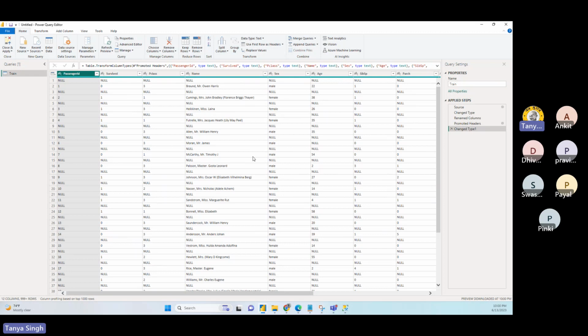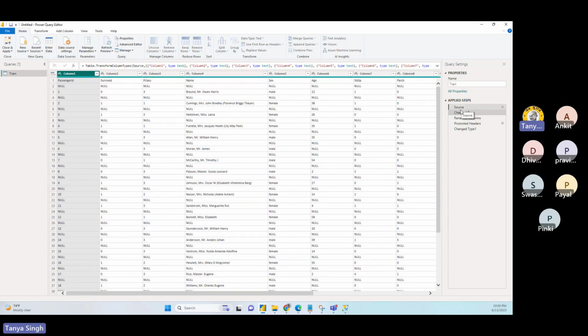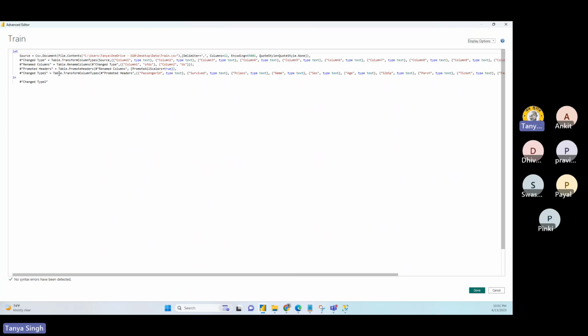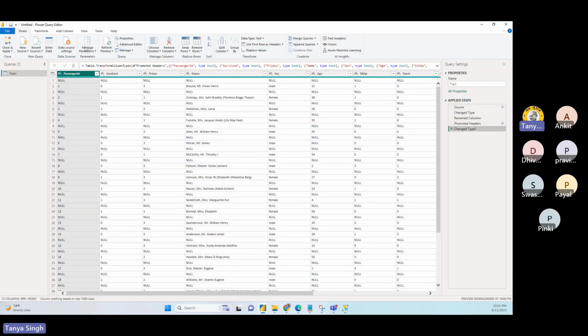We'll not do any other cleanup, we'll just apply, because I wanted to show you that everything you do will come as a next step. Every action you do, Power BI will capture. What you're doing is M query cleanup. You can go into the Advanced Editor and see whatever script has been generated. If you're experienced enough, you can make direct changes over here also, but you don't need to. Everything you can do from here.